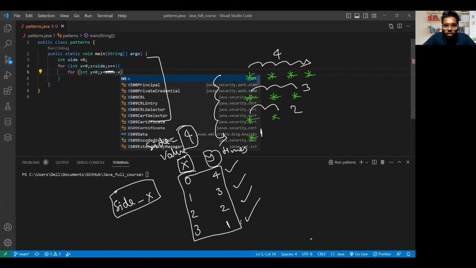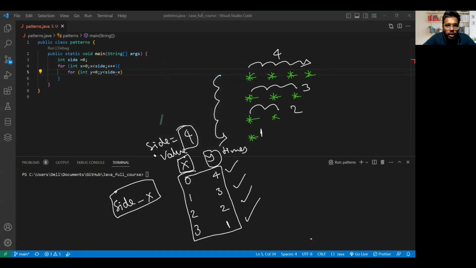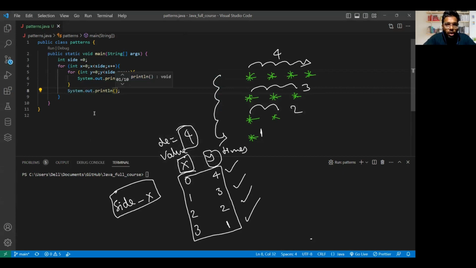Let me clear a few drawings here which are creating an obstacle. Then I said minus x, and then I'll update it: y plus plus. Once I update it, I go inside this loop and simply print, system out print star. Once the main horizontal loop is completed, I'll simply print a new line. And if I run it,